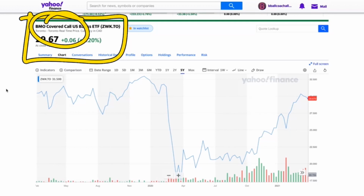What a covered call strategy is, basically, you're holding the stock, you're selling call options against those stocks that you hold, and then you get that premium, which is why that dividend is so high. I also really like the way that BMO structures their covered calls. They are out of the money covered calls, so basically there's a very small chance that those call options actually get used, or exercised, I guess you could say. There are more technical terms. I'm trying to keep this as simple as possible, but with it being way out of the actual price that it's at,